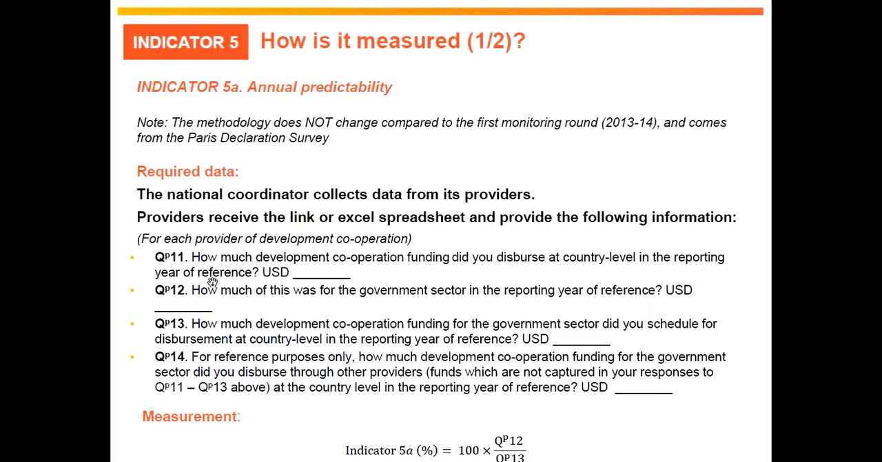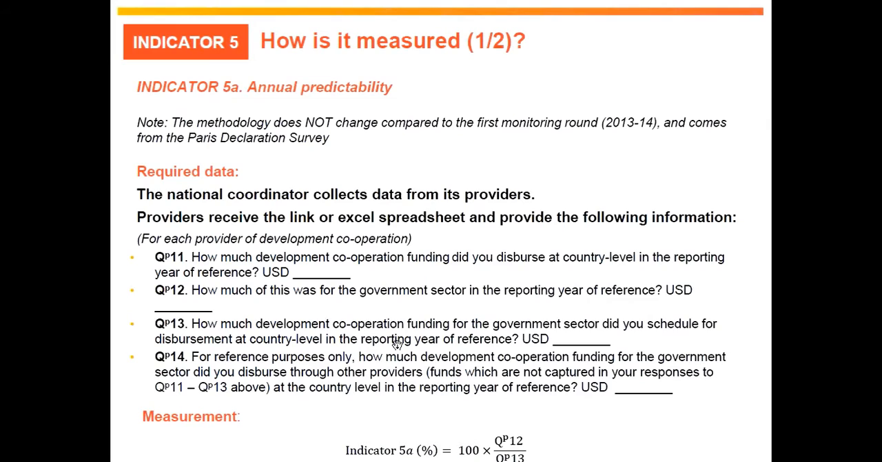Then it's going to get more specific and look at the amount of funding that was specific for the government sector. And this is the quantity that will actually be used in the indicator, the amount that goes to the government sector. And instead of just disbursements, we're also going to take into account what was scheduled. And it is the ratio of these two, what was actually dispersed and what was originally scheduled, that is the